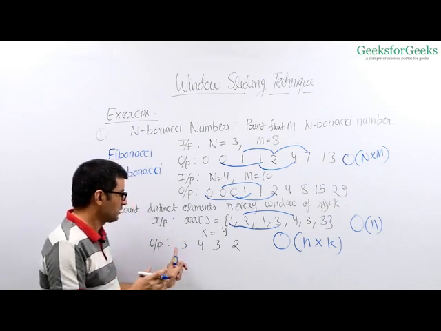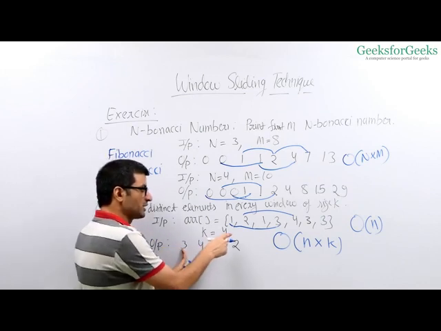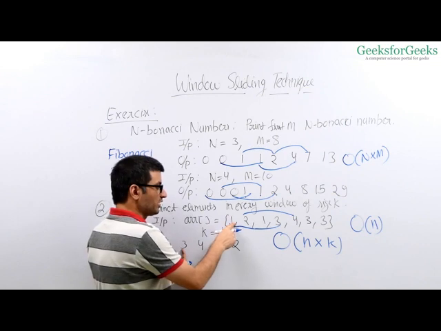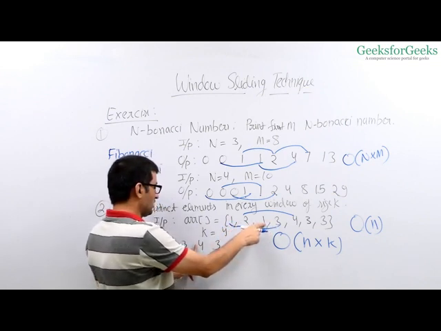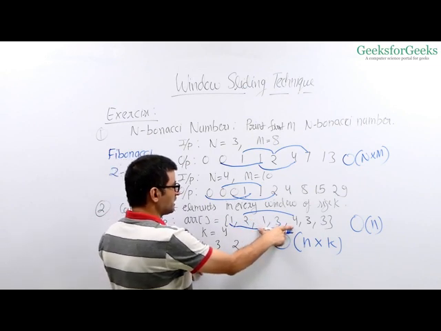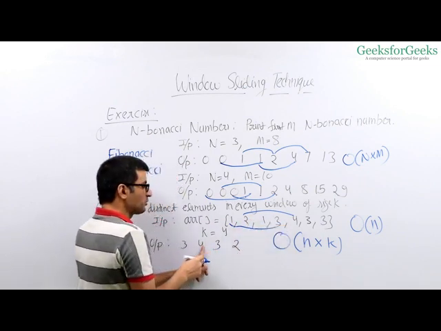Why are we getting this output? How many distinct elements are here in this first window? There's one element 1, then 2, then 3. This is not distinct, this is repeating, right? How many elements do we have in this window that are distinct? All 4 are different elements, so our output is 4.